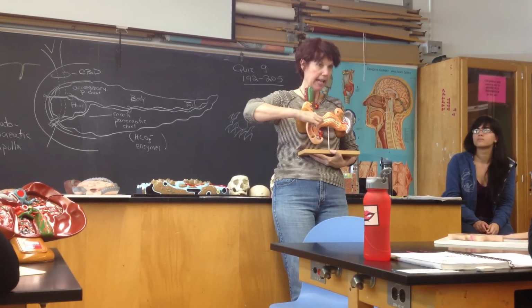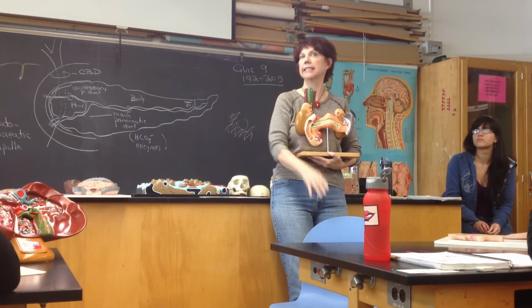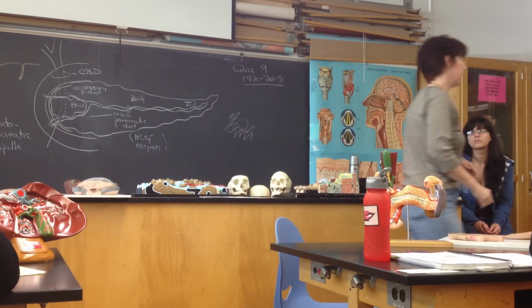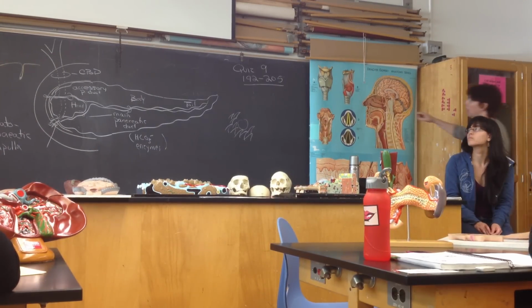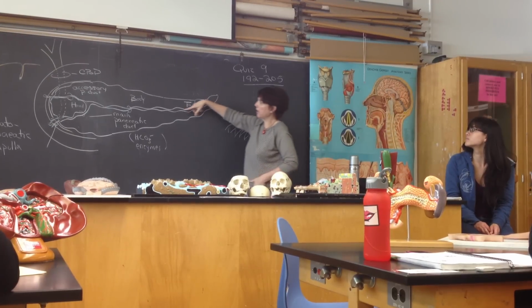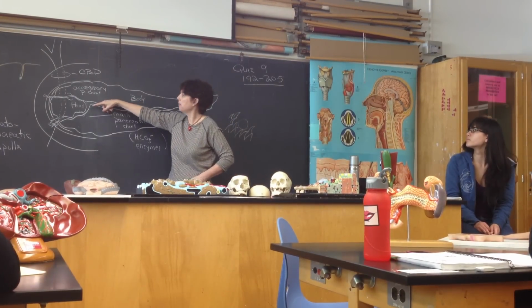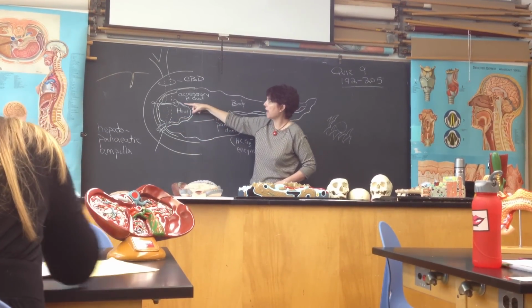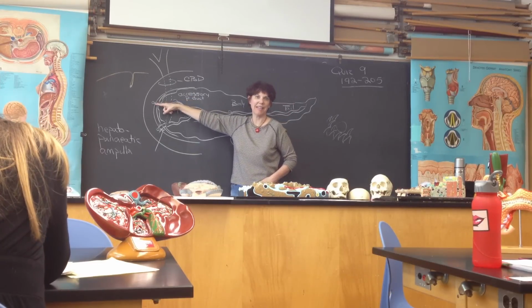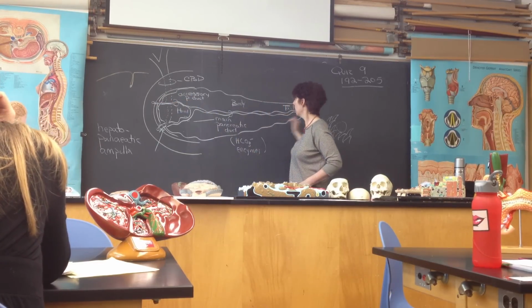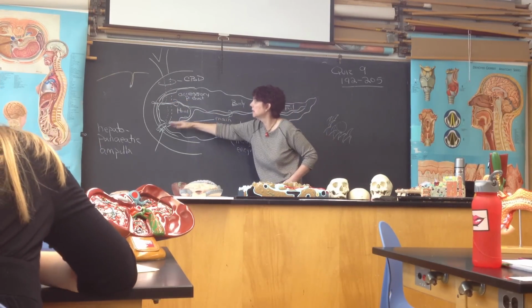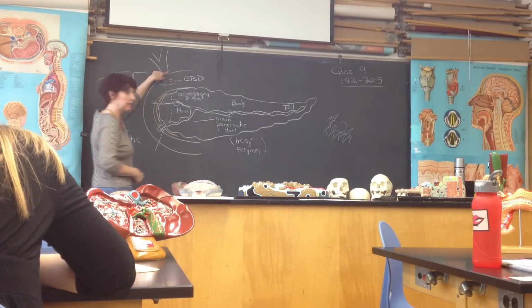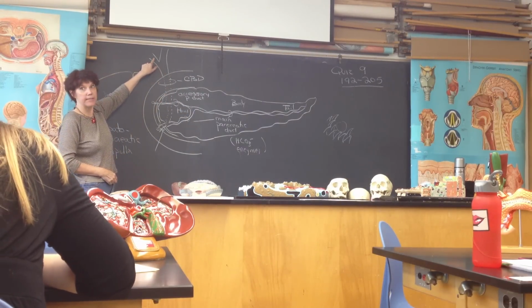Passing from tail to the head is the duct that's collecting the bicarbonate ions and the enzymes of the pancreas and taking them to the duodenum. So this is called the main pancreatic duct. It makes a little dog leg down, whereas the accessory duct is skinny and goes almost straight. Okay? So main pancreatic duct, accessory duct, and then here's the common bile duct, formed by the union of cystic